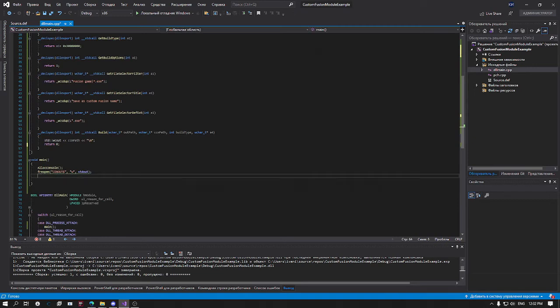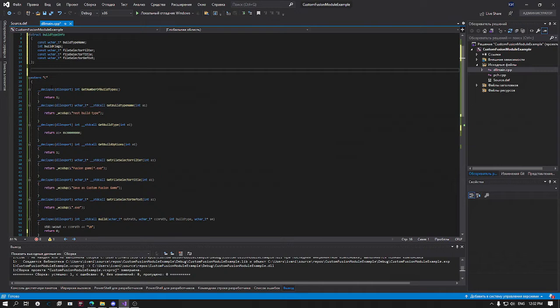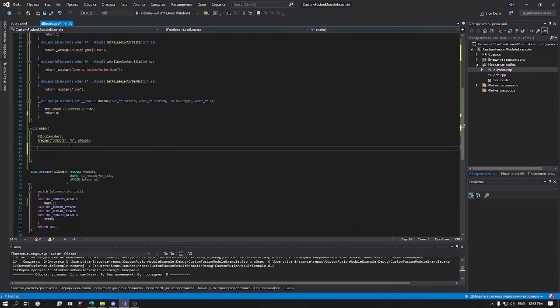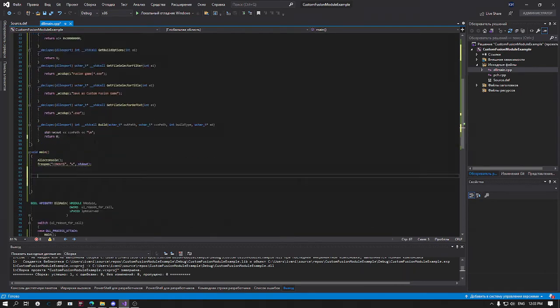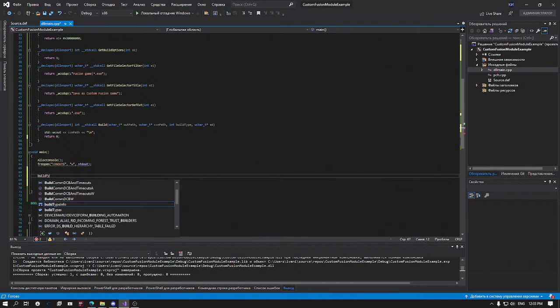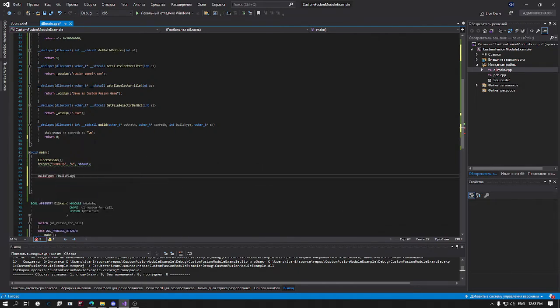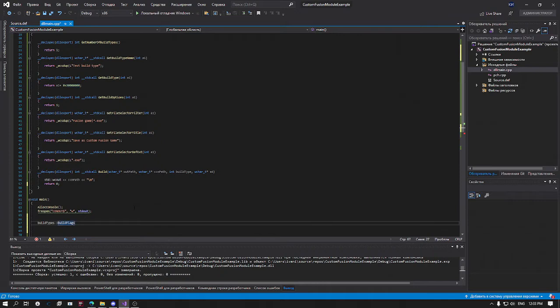And in the beginning of this code we need to create some of these. Oh, and we also need to have the array of these things. I'm just going to use a normal C style array because we don't need anything else here. So I'm going to do static build type info, I'll set it to 3. So here in this function we need to create each one of them. The first one should be get build types, and we need to initialize everything. So we set this to, the next one is, okay, you need to do it like this. Not the best way to do it, but